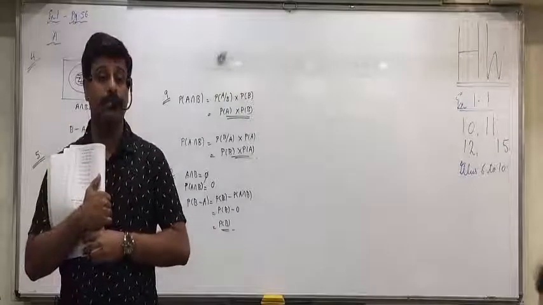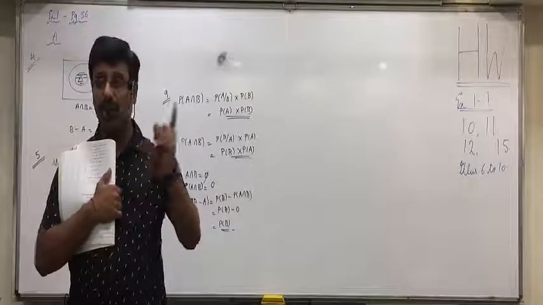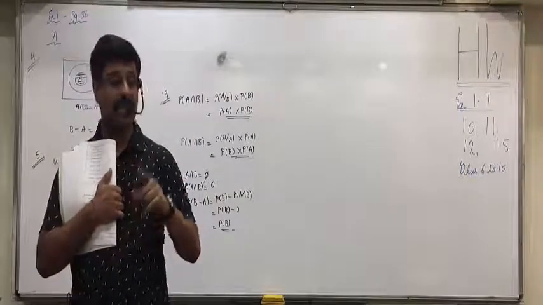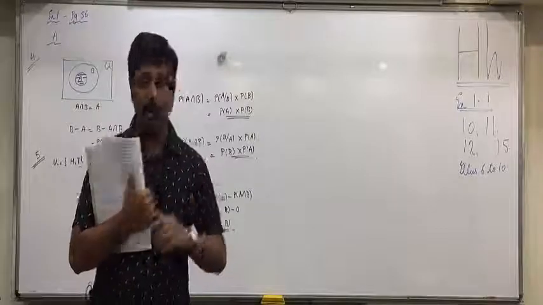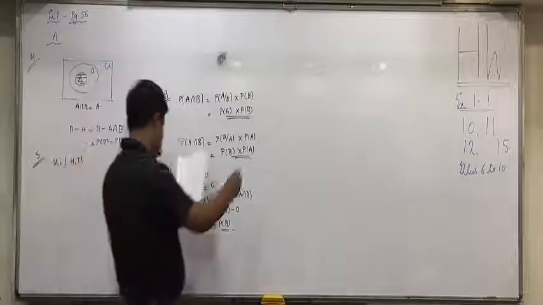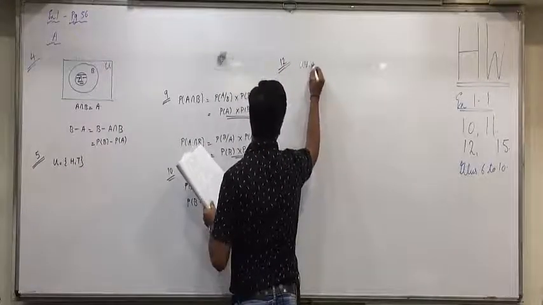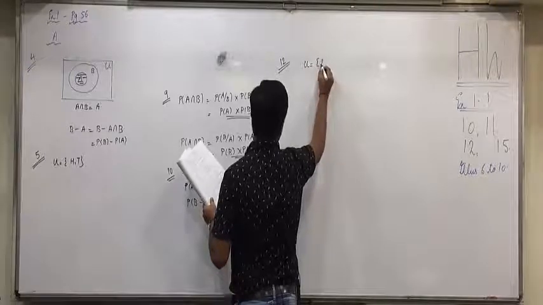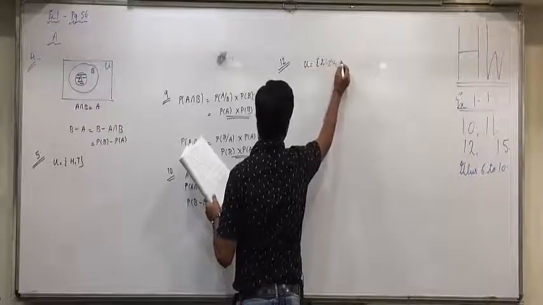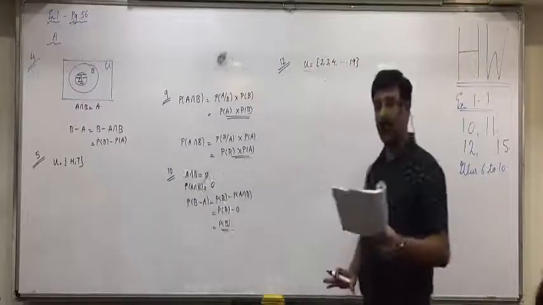Yes, very good. Between 1 and 20. So it's not 1 to 20. Which are the numbers between 1 and 20? 2 to 19. Okay, mention that U equals 2 to 19. If you write 1 to 20, your answer is present in the given answers, but it will be wrong.